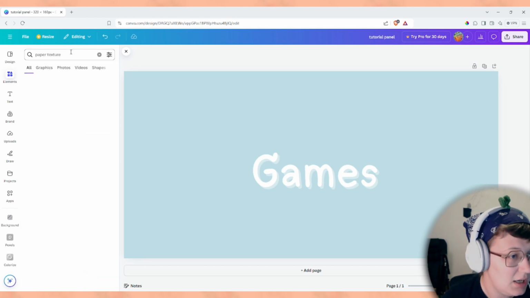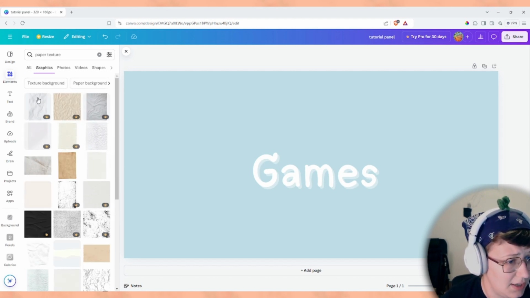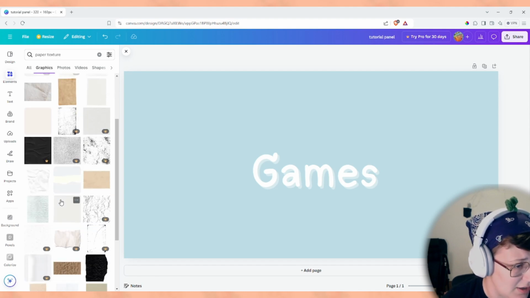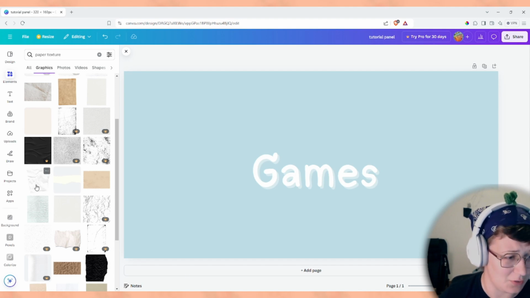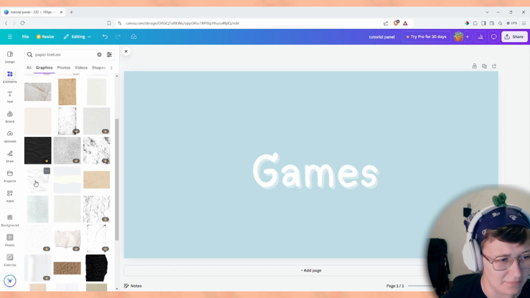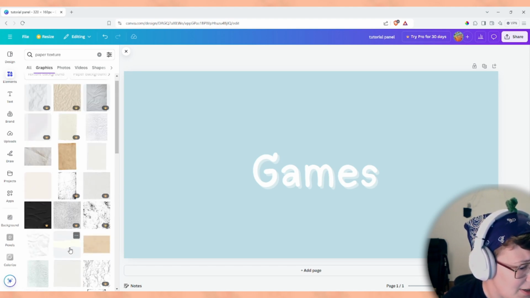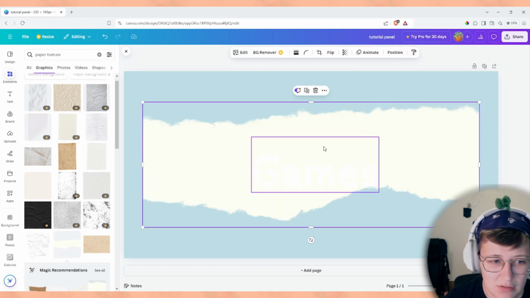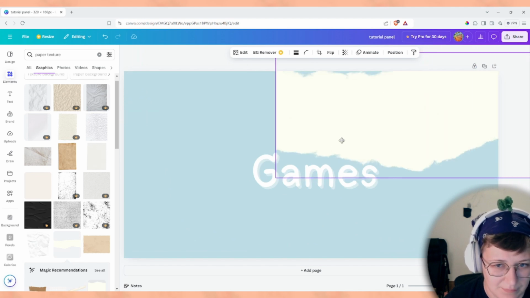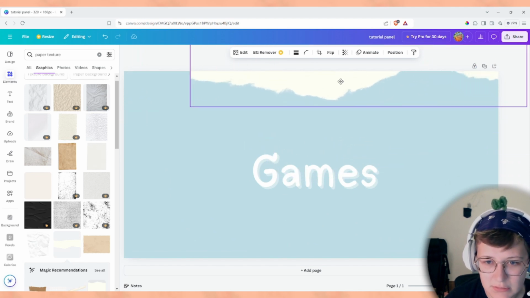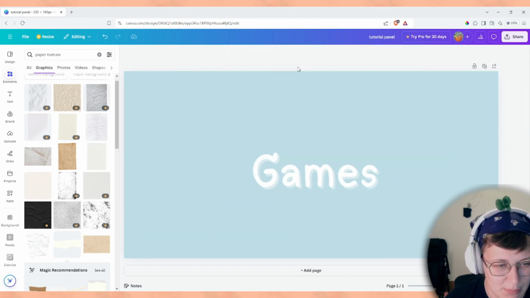Paper texture. I'm currently using the free version of Canva, but as you can see, there are a lot of good premium assets that I think would be worth it to use Canva Pro if you're just mainly using Canva, but I also just use Procreate and things like that, so I don't need Canva Pro. But there's some paper textures here too. Actually, what's this one? Okay, so this is kind of like a ripped paper texture. That's sort of cool. We could do that, but I think I'm going to stick with the Pexels photo I saw.